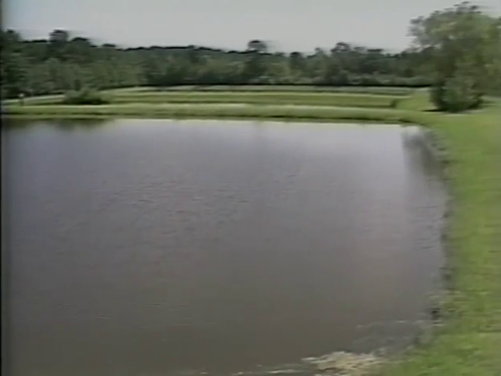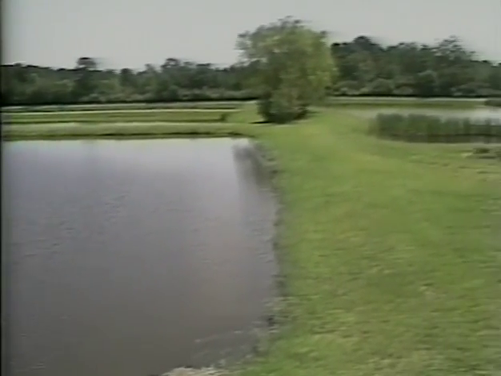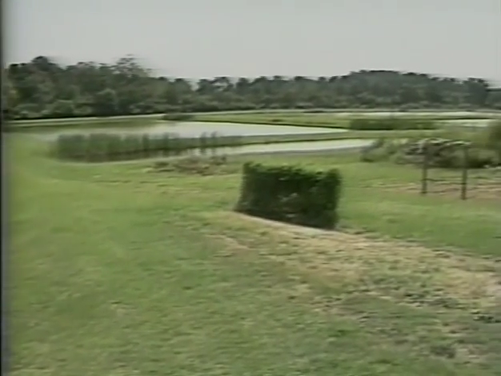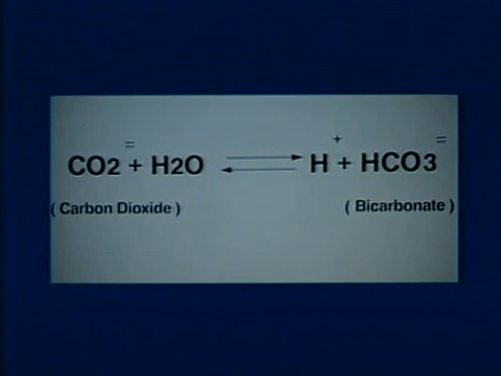Carbon dioxide influences pH due to its direct effects as an acid and its relationship with the bicarbonate equilibrium system. At night, respiratory carbon dioxide causes the pH to decrease because carbon dioxide in water acts as an acid in the reaction shown. Increased carbon dioxide causes the reaction to shift to the right, producing hydrogen ions. Recall that increased free hydrogen ion concentrations result in decreased pH.